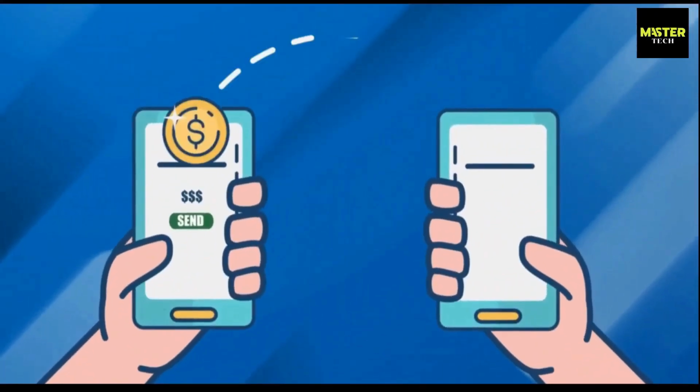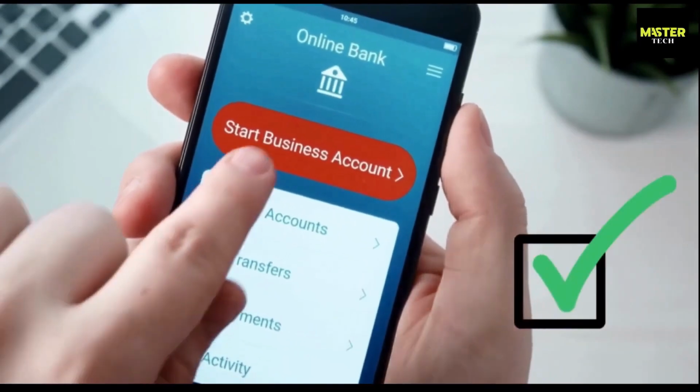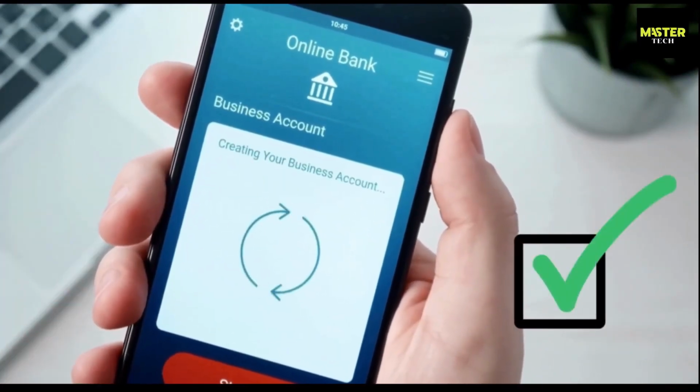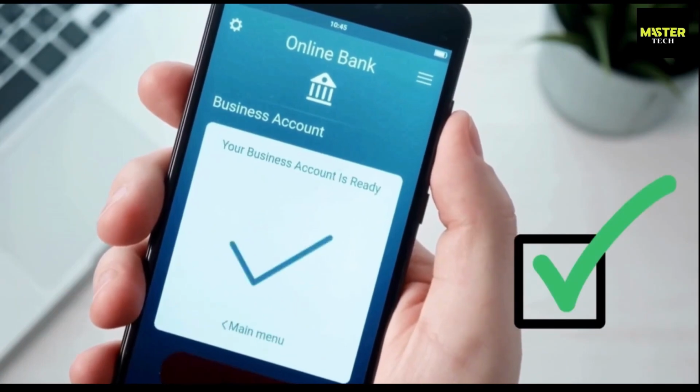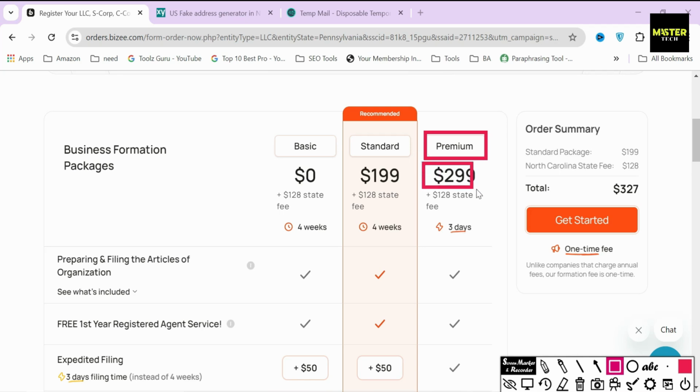What you want is a business bank account set up right away so that you're not doing anything that's going to affect your LLC negatively. But also, it's going to make tax time so much easier if you have everything organized within one business bank account from day one. The premium package costs $299 and is the most expensive one out of the three because